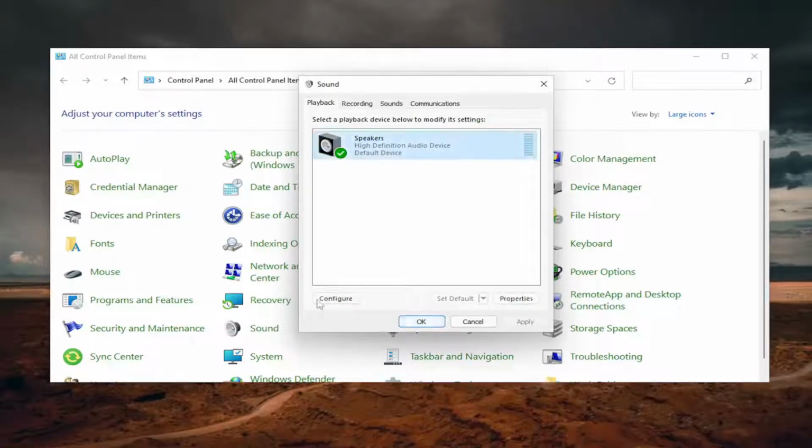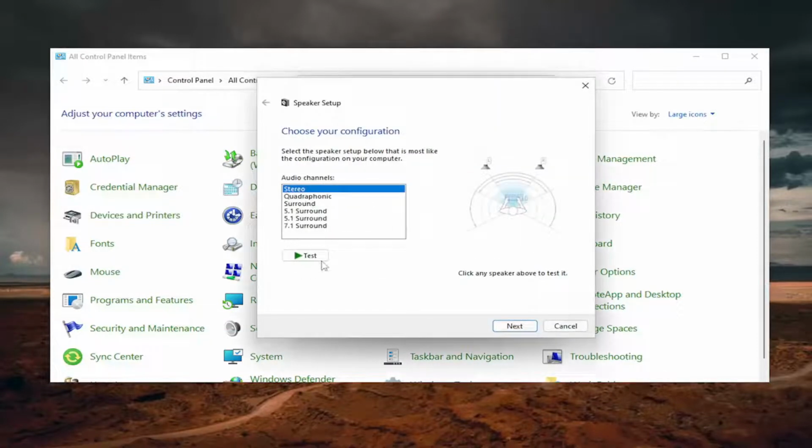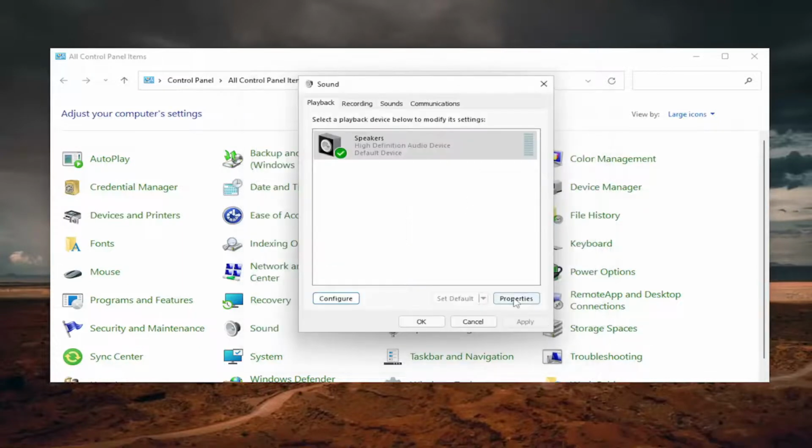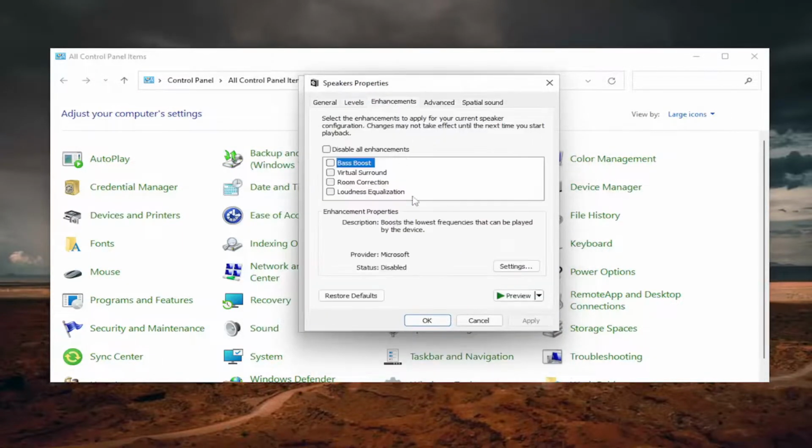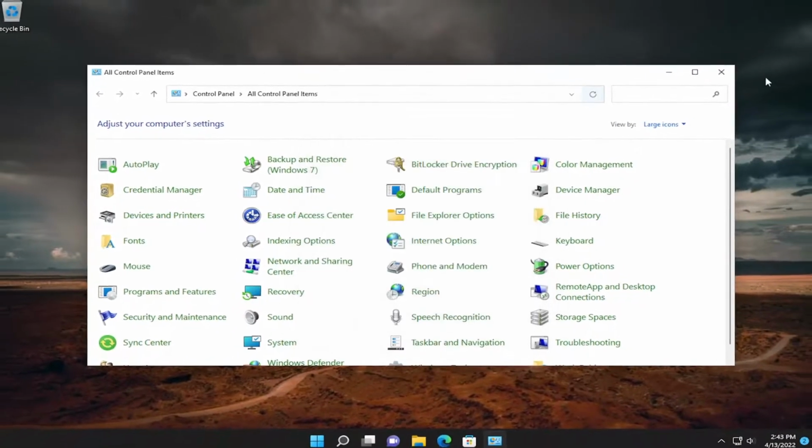And you can also go ahead and actually configure the settings as well. And you can go ahead and test it as well as going through properties and then adjusting the audio levels and enhancement settings. And you can select restore defaults as well if you made a mistake or maybe that was part of your problem as well. So you can always restore stuff back to default. So pretty straightforward process here,